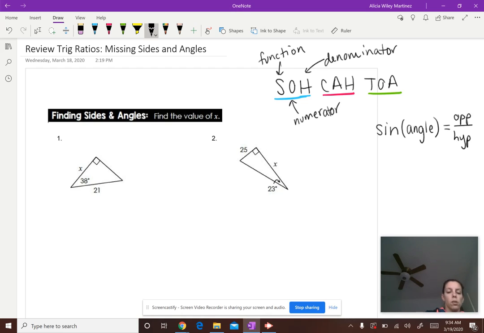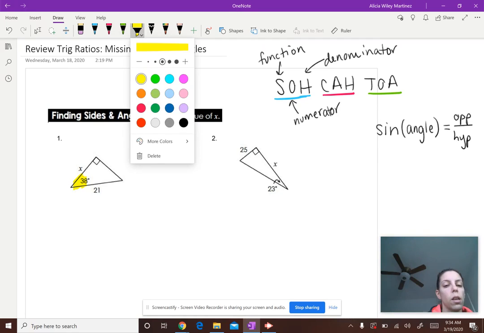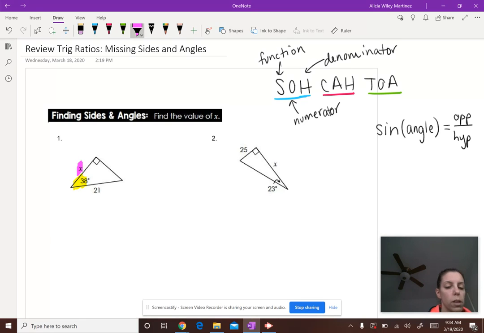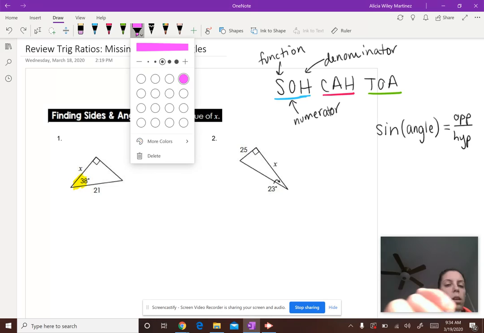Okay, so let's look at number one. On number one, we can see that the angle is given to us. What we are trying to find is a side. The side that we are trying to find here is x, right there. That's the one that we're trying to find. So just realize that. Okay. So then,